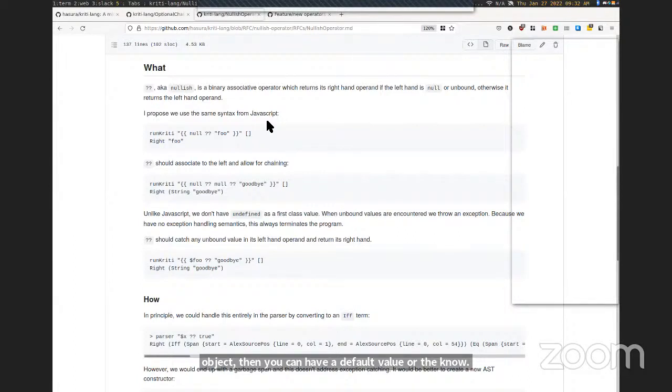Between the two of them, that'll allow you to do things like check if a certain session variable is in scope, and if so, put it in your query parameters. Otherwise, put something else in your query parameters, or don't put anything in the query parameters, or whatever it is. So we think the combination of these two is going to be a pretty useful tool.